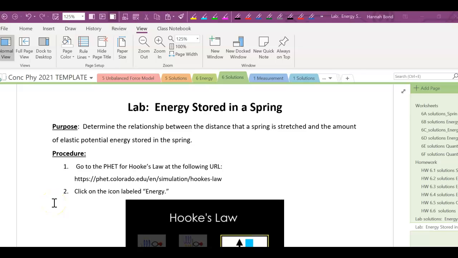This webcast talks about how to do the lab energy stored in a spring. So the first thing is to download the template for this lab from PowerSchool page 6.4. When you open this lab, you'll see that the purpose, what we're trying to do is to find the relationship